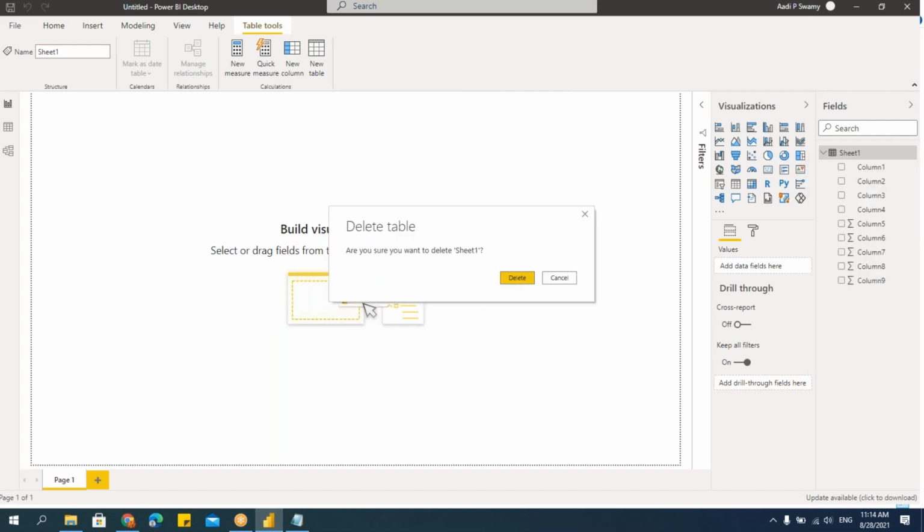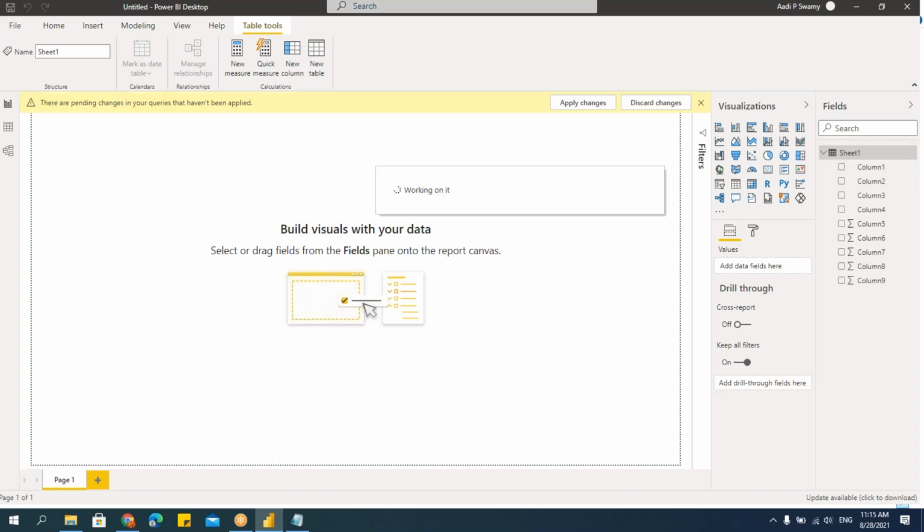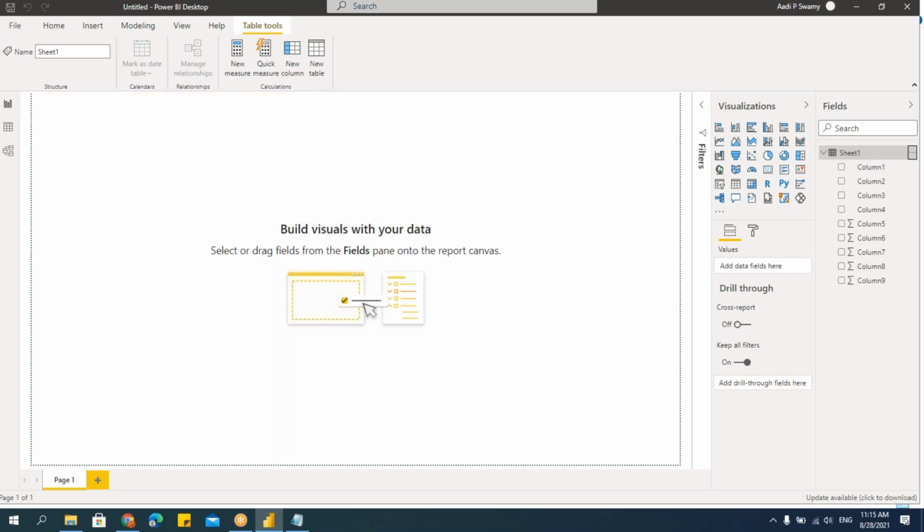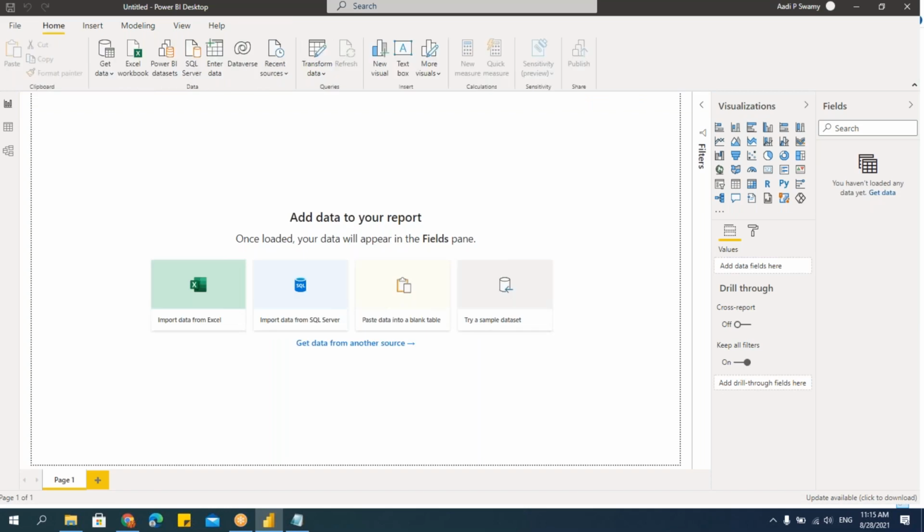But while deleting, make sure that the table which I'm using is not connected to any reports or any tables. Blindly, if you delete, the entire project will be in mess. Okay, don't do that. Let me just say delete. Now, whatever reports which have been created or whatever connections have been created, everything will get collapsed. Okay, fine. This is for one single sheet.